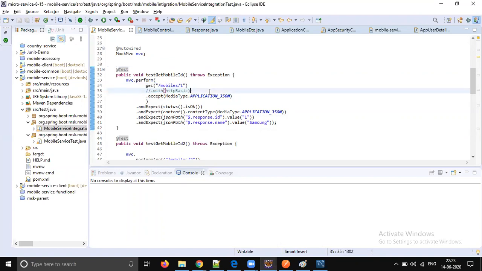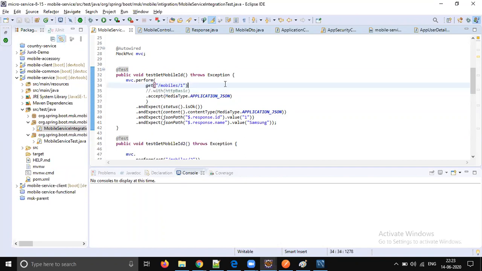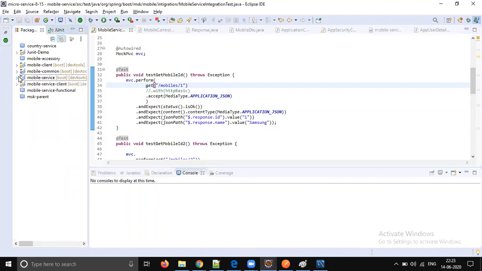Sorry. Yeah, so Sunil, I think here we need to call the... means we have to generate the token, and that token we can pass in the header. Yes. If it is client integration testing, yes, you need to first call the create token API. You get the token, put it in the header, and send it. Yes, you need to do that. Okay.